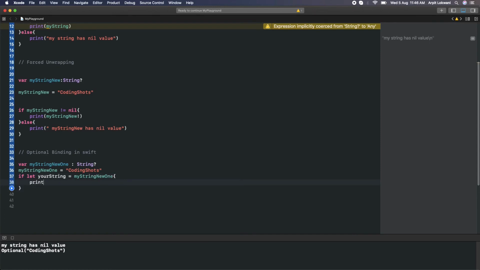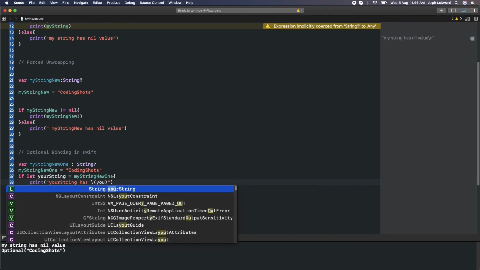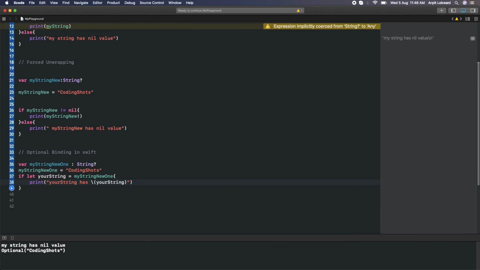We can say print your string has some value, what value you have: your string. Else you can say your value is nil, is empty, something like that. Let's see now.